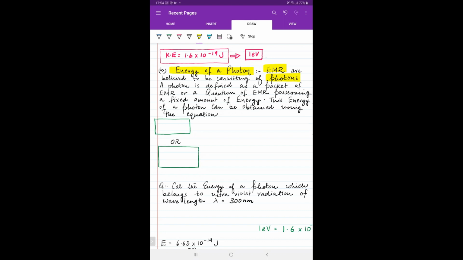A photon is defined as a packet of electromagnetic radiation, or a quantum of electromagnetic radiation, possessing a fixed amount of energy. So it is believed that electromagnetic radiations consist of these particles known as photons, and these photons are believed to be carrying a fixed amount of energy. Hence, a photon is defined as a packet of electromagnetic radiation possessing a fixed amount of energy. This energy carried by these particles referred to as photons can be obtained using the equation E is equal to hf,